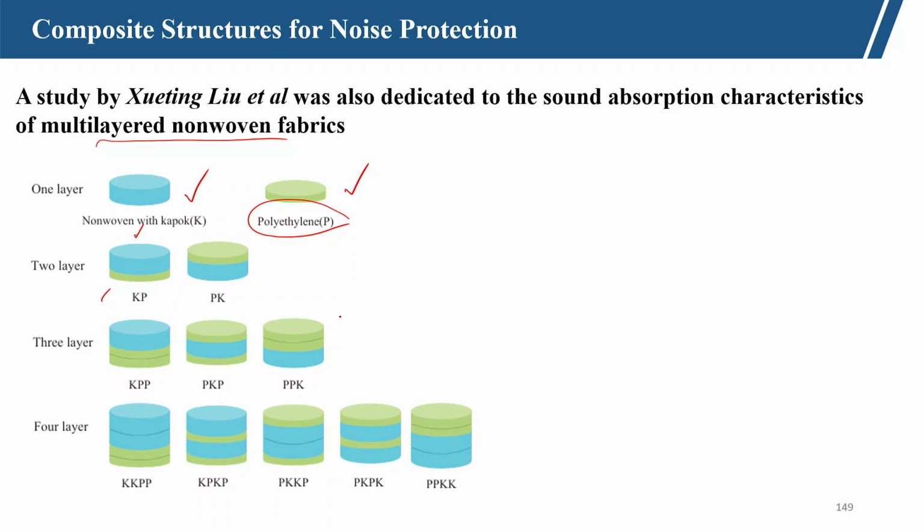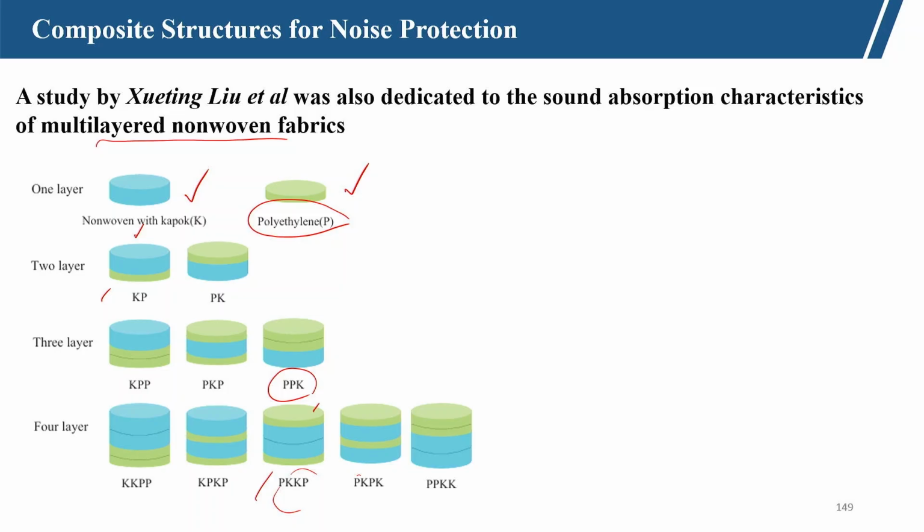PPK means two polyethylene layers at the top and nanoven kapok, nanoven K, at the bottom. Similarly, the 4 layer was formed: KKPP, KPKP, PKKP, that means both the sides will be polyethylene and 2 layers of kapok will be there. Similarly, the PKPK and PPKK. So, here in 4 layer we have seen that 2 layers of nanovens are used and 2 layers of kapok,